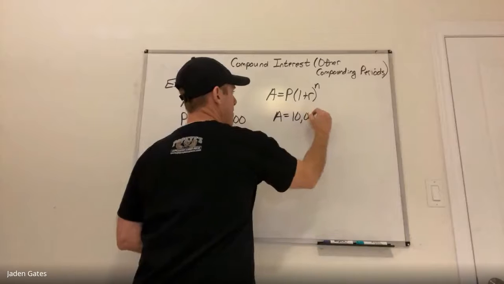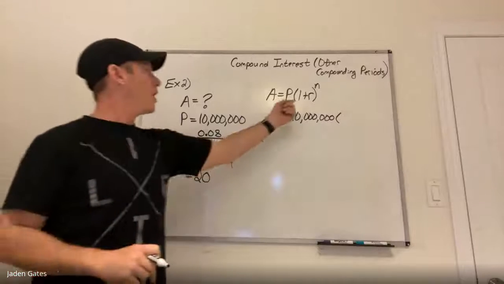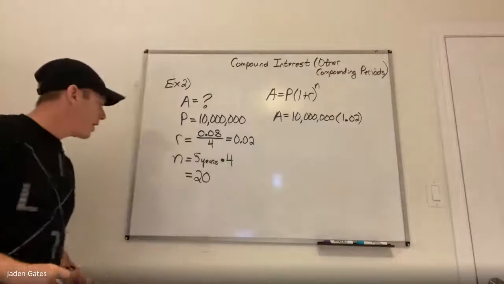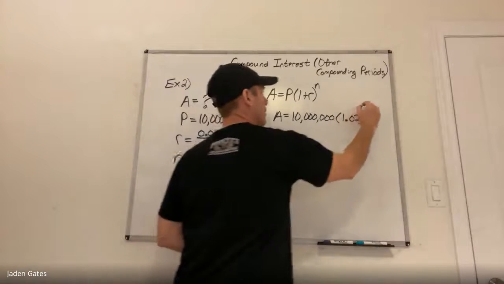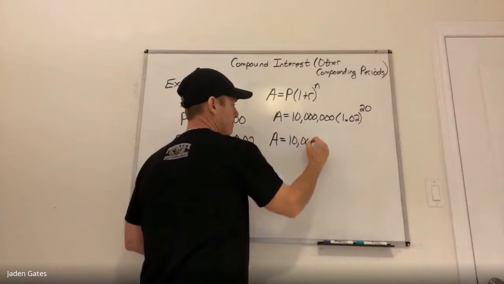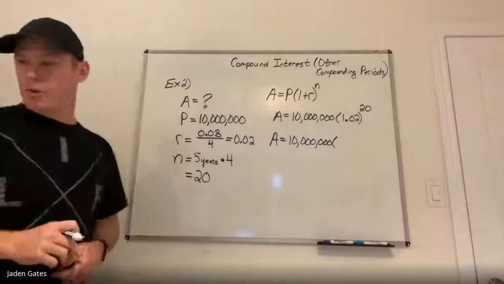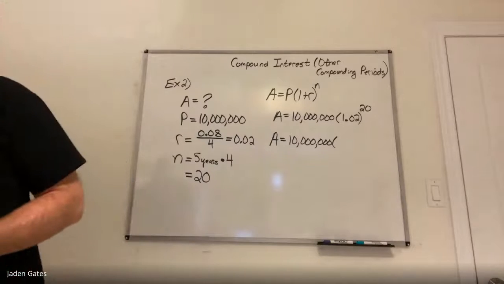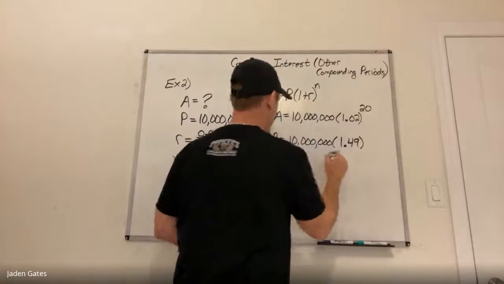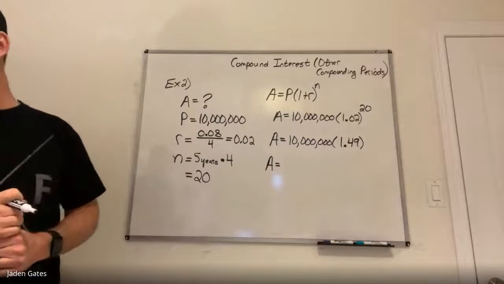We have $10 million was borrowed. All right, in the brackets, I have 1 plus my interest rate. So I have 1.02 in the brackets. And my N value, my exponent here, is 20. All right, and then again, just solving using BEDMAS. I take 1.02 to the power of 20, and I get 1.49. And of course, then I multiply 10 million by the 1.49, and I get